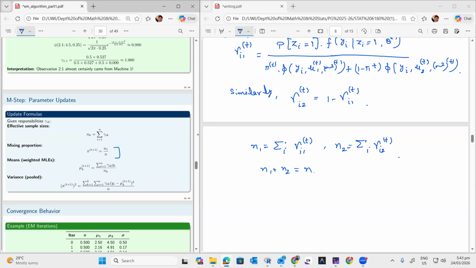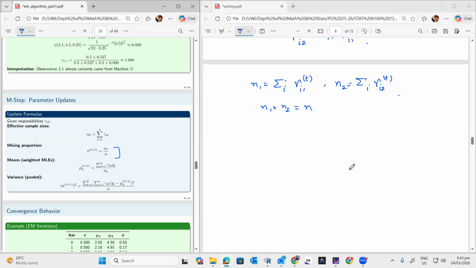After that we will update the means. That is basically mu k at t plus 1 equals the summation I goes from 1 to N of gamma ik into yi, divided by N k. How does it come? It comes from the derivative of the log likelihood. We take the relevant part of the expected log likelihood of mu k, which is proportional to, after the derivation that I'm not going to do completely here, it comes like minus